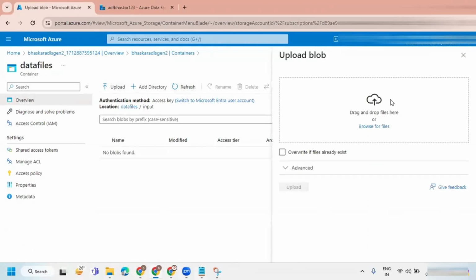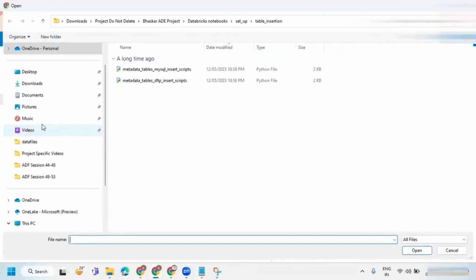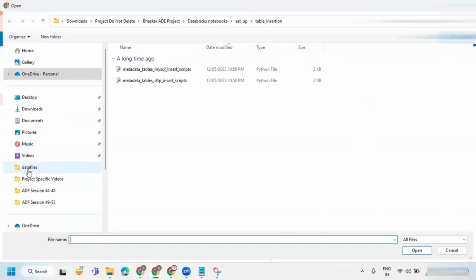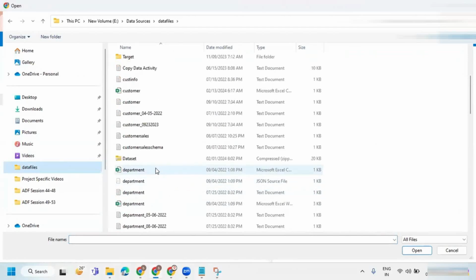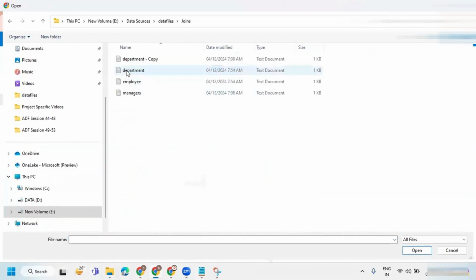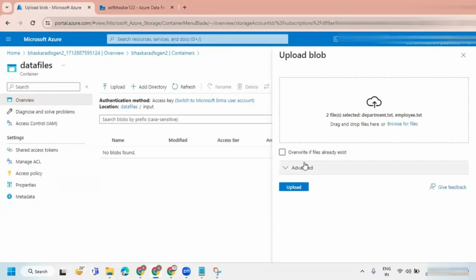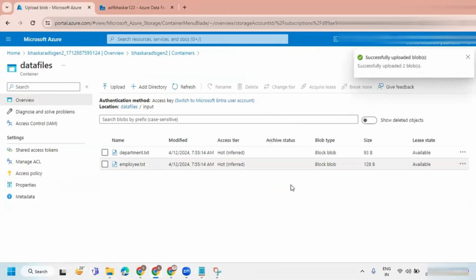Let me upload the files, joins, department and employee. I have these two files.